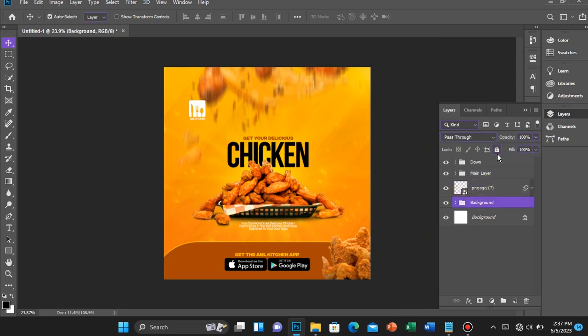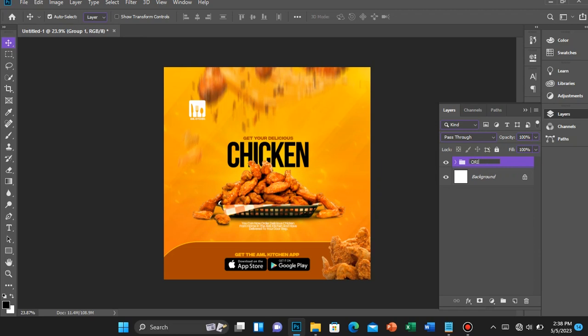Then what I want to do next is spice this design up, because it's kind of not good at this stage. If you design this and present it to a client, he or she might not like this because it's really not looking good. So I'll select all the layers right here and group it,